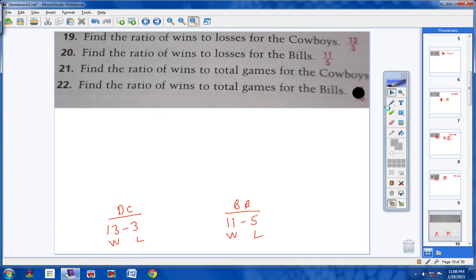Find the ratio of, are you ready, wins for the Dallas Cowboys, 13, to the total games. Well, their total games is 13 plus 3, 16. So the ratio would be 13 to 16. Okay, now number 22. Find the ratio of wins